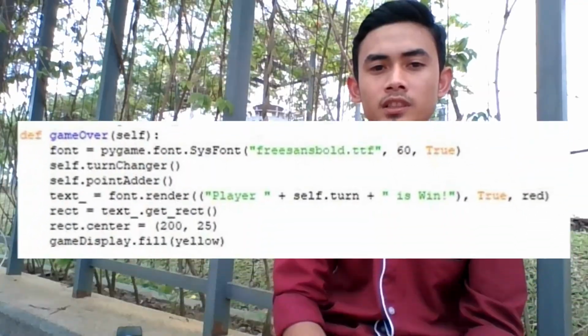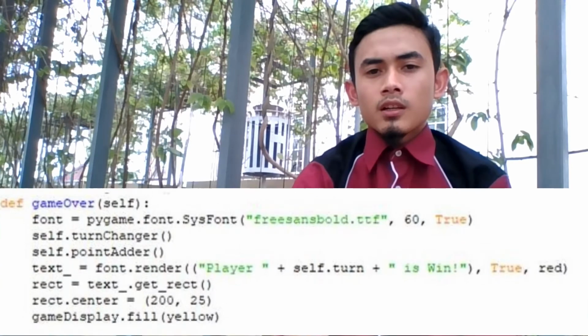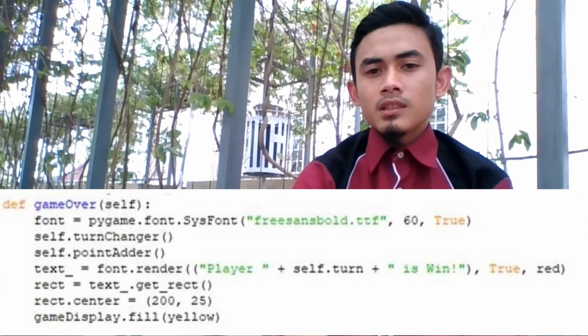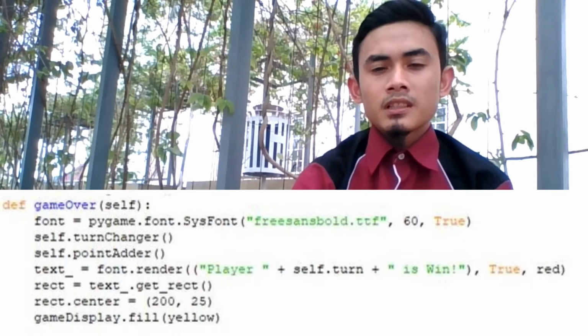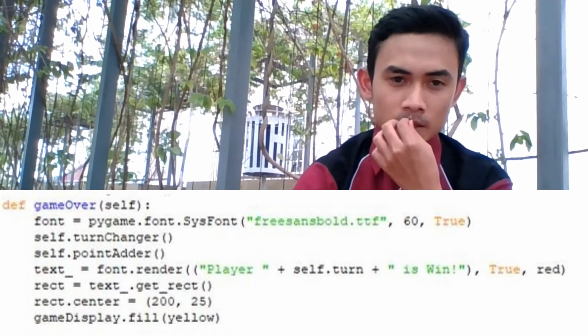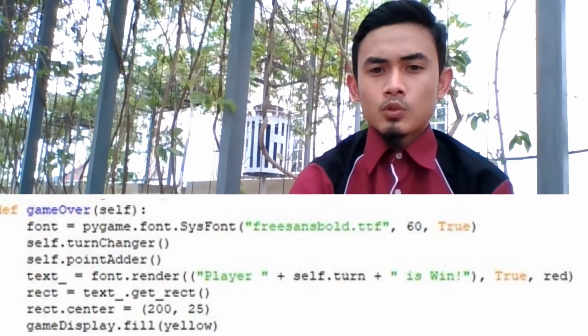Third, this encoding works to set the font type and font size used on the window display during game over. The encoding for text that will be displayed during game over is changed from Arial font type to Present Bold. Text will look more clear and interesting. The font size is also converted from 40 to 60. The text will look slightly larger. The game display is filled yellow: the code on display is converted from white to yellow.